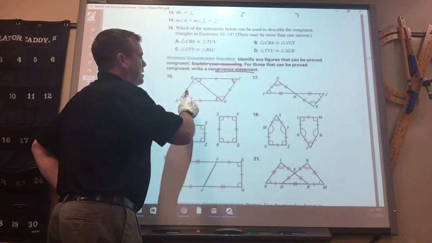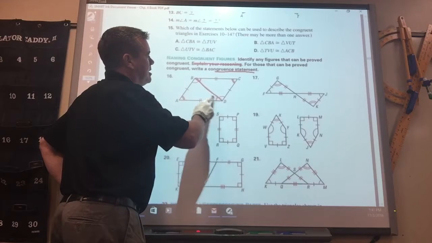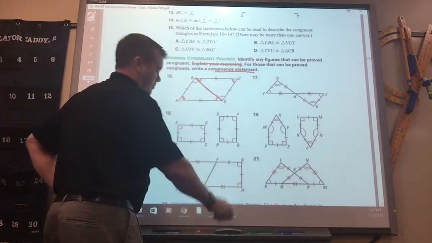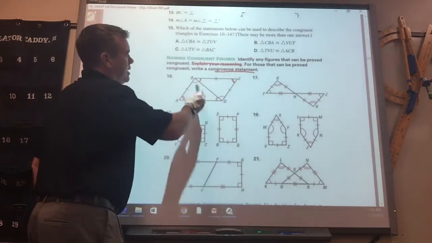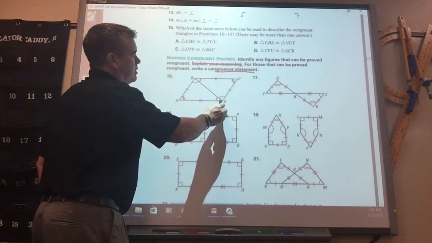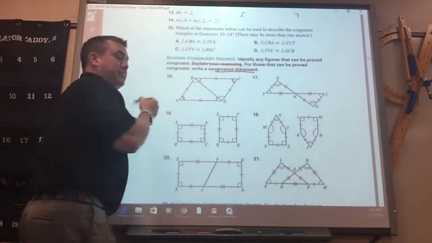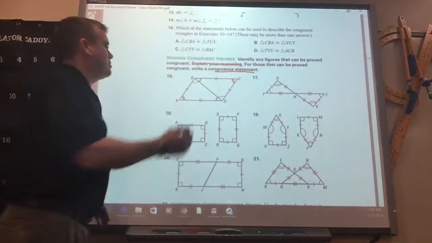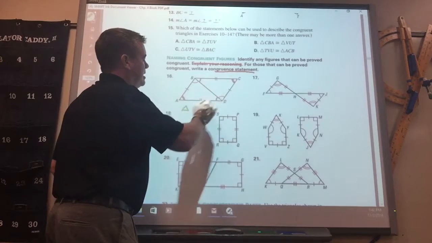This side equals that. This side equals that. And this side obviously equals because it's a shared side. So we know all three sides. Then the angles, it looks like we know all three. This one has 1, that has 1. This has 2, that has 2, 3 and 3. So all three corresponding angles, all three corresponding sides are. So the congruent statement would be triangle ABD